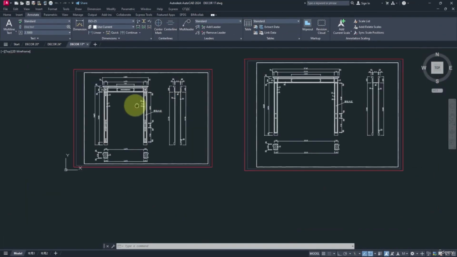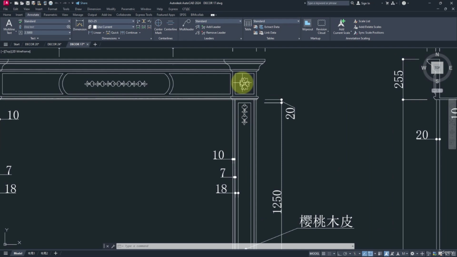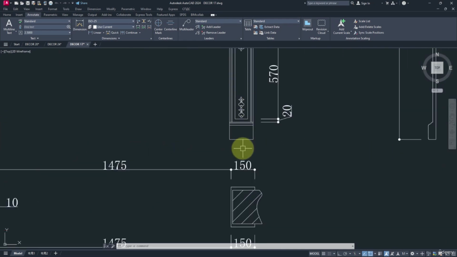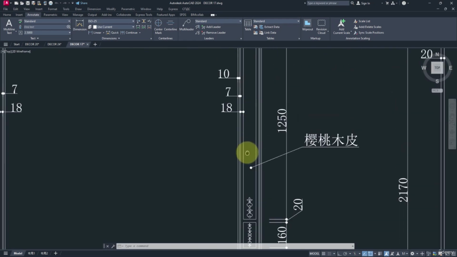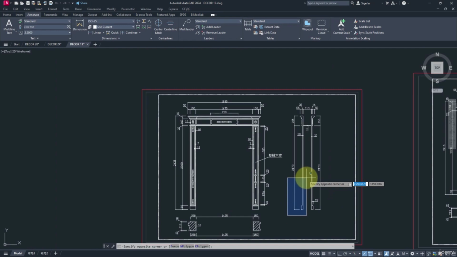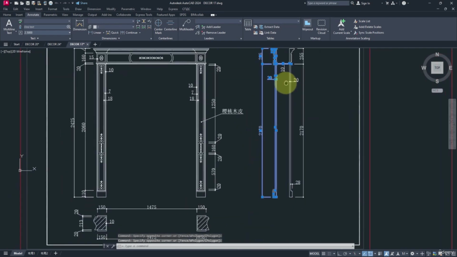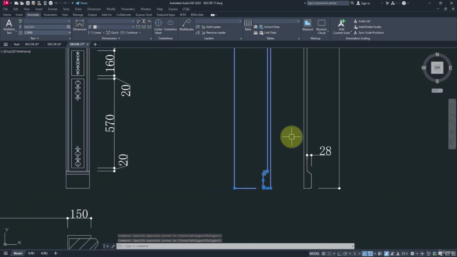I have opened this file. Watch this. Here we have an architectural column, like this. Then if I want to model this, here we have the profile. As you can see, I select these profiles this way. Watch this, I select this, and then